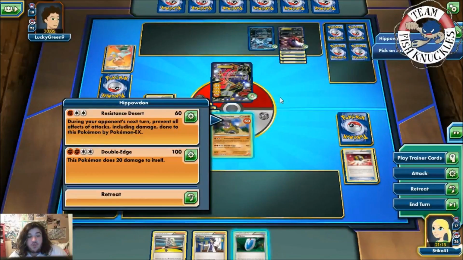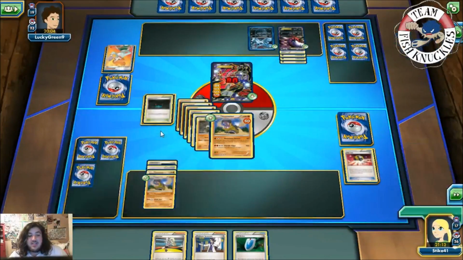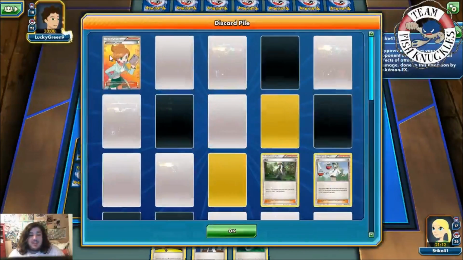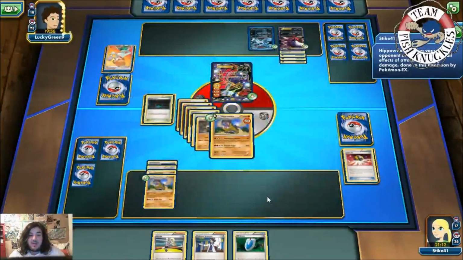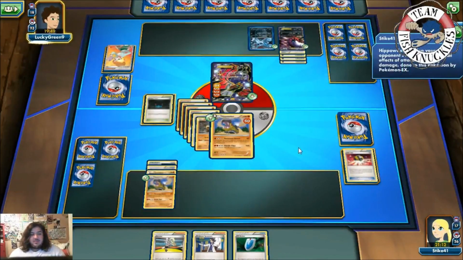Now, we could go for the Double Edge and knocking him out, but the Darkrai can actually knock us out next turn, so here we'll just Resistance Desert once again, put the Yveltal to 10 damage. Now, he does play the AZ I see in his discard pile, so if he Verse Seekers for the AZ, we could be in trouble that way, but if he doesn't, then we'll be in an okay position. If we draw into a...